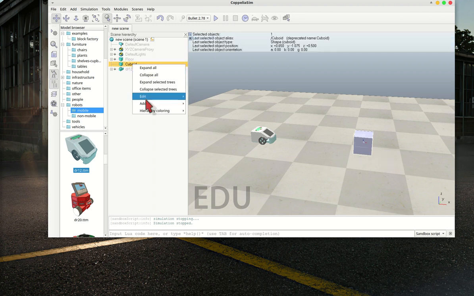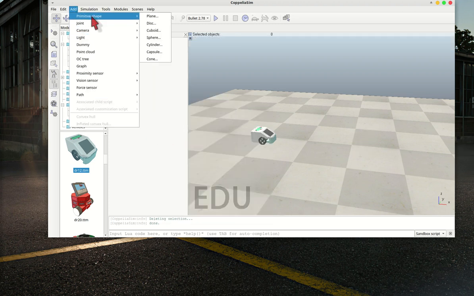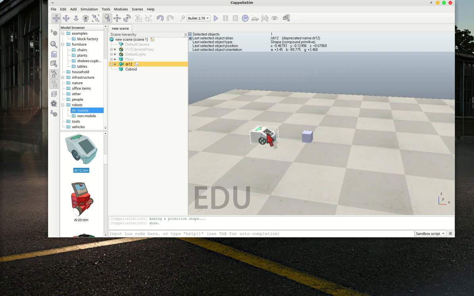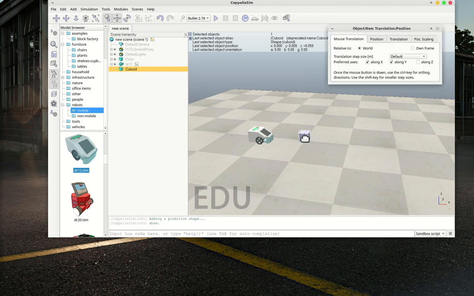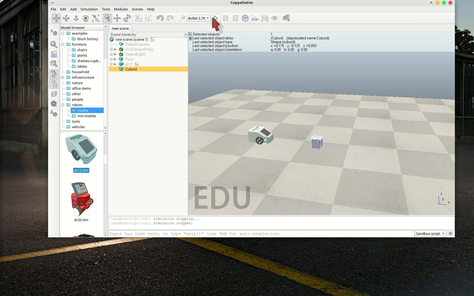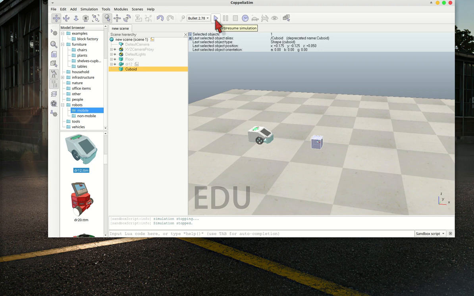You can delete the object. This is how you delete. Let's add another one. And then you have the robot here. The robot here comes with a predefined behavior where it can avoid the object.